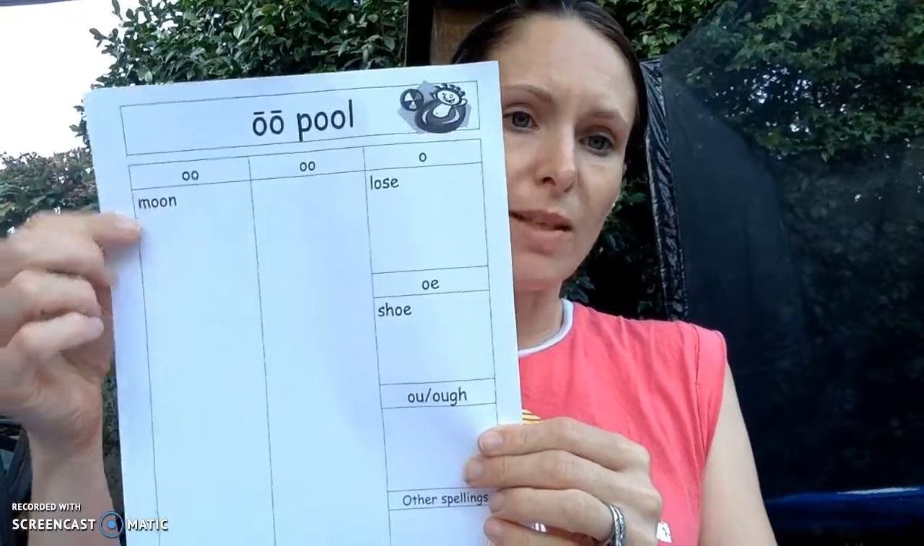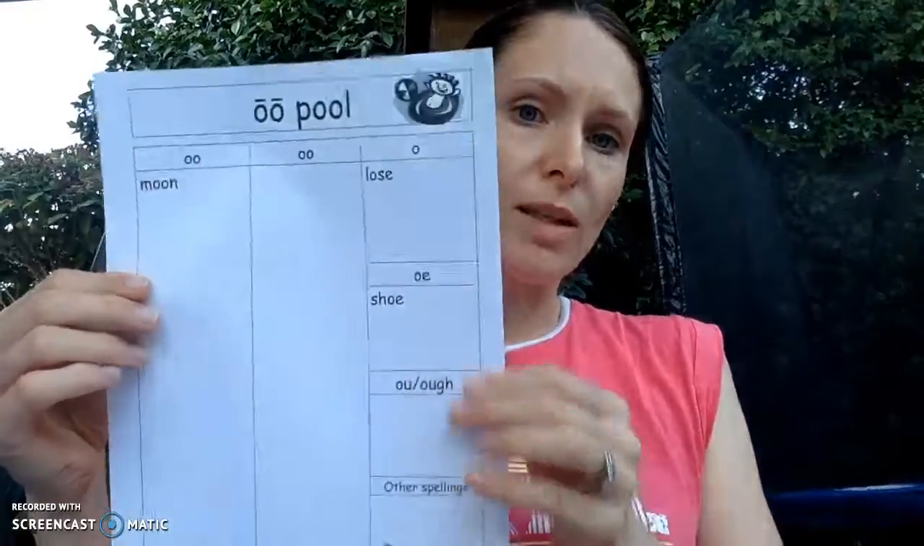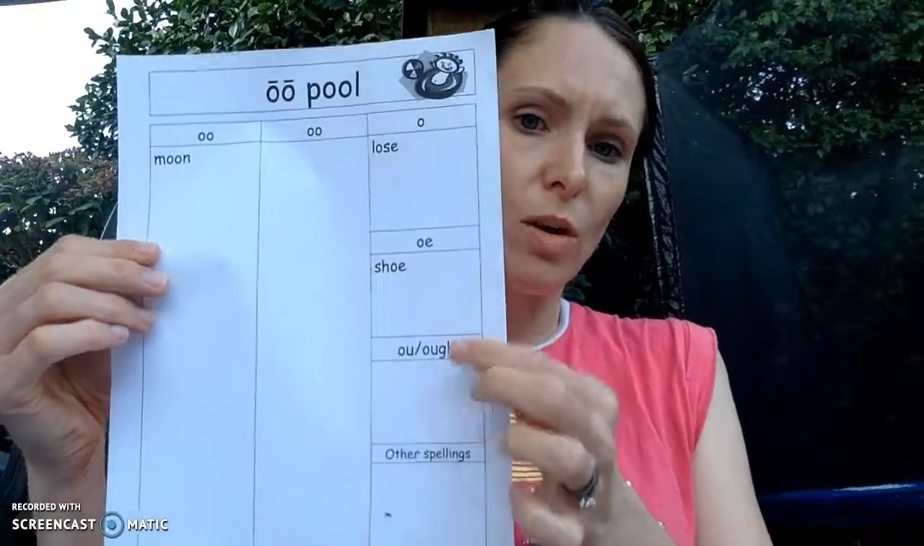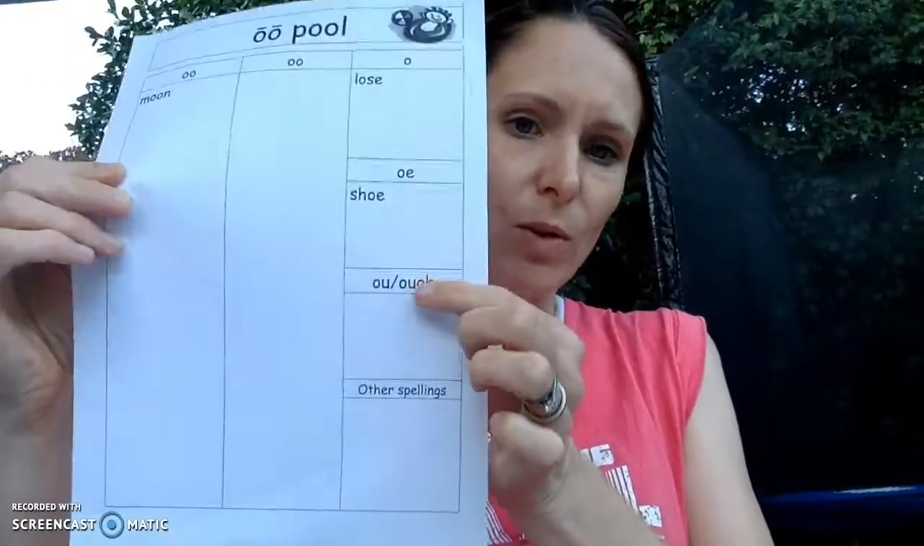Another thing that we do is oo as in pool. So for example, you've got oo as in moon, oo as in loose, shoe, and maybe like dough. Sorry, oo as in, it might be rough, and things like that. So what I'll do here is, as a whole class, we brainstorm. So there might be kids who don't know and aren't up to this, but actually involving them in the whole class focus gives them the beginning